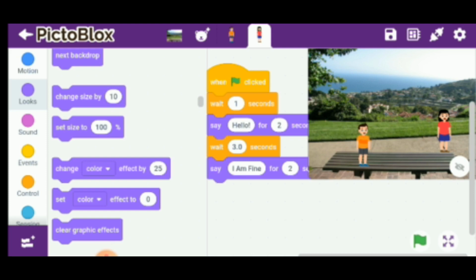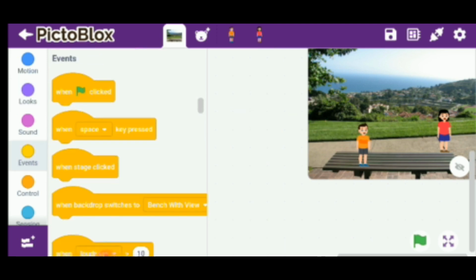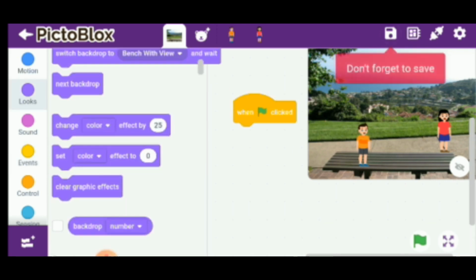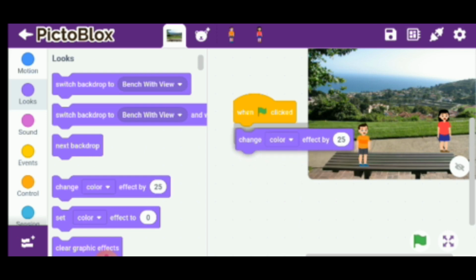beautifully. Let's see. Click on the backdrop option, and here we are going to add the code. So click on the green flag. Here we are going to add this green flag, and we have to click on the looks option. So here we will get many more options. I am going to add one option, that is change color effect.